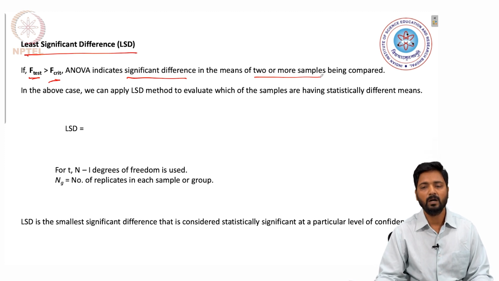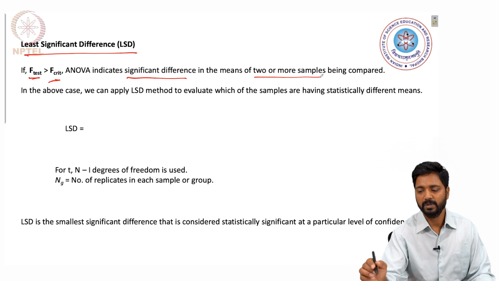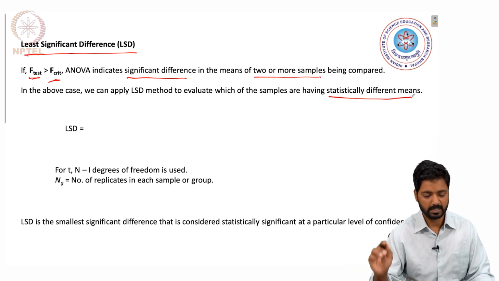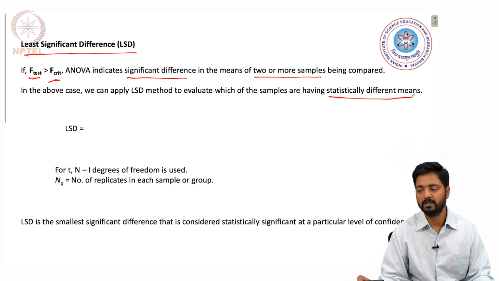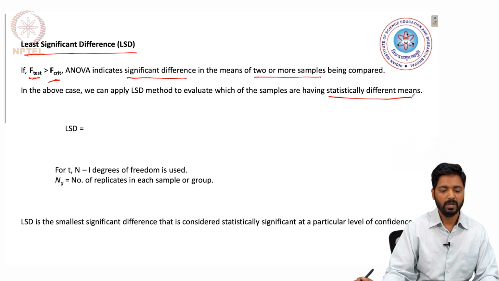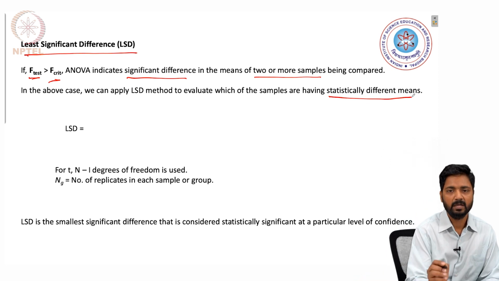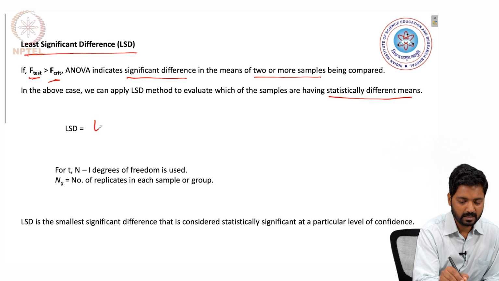However, at this moment we are not sure which of these samples actually have different means. For that, the LSD method will be applied to evaluate which of the samples being compared have statistically significant differences of the means. So, LSD can be calculated as